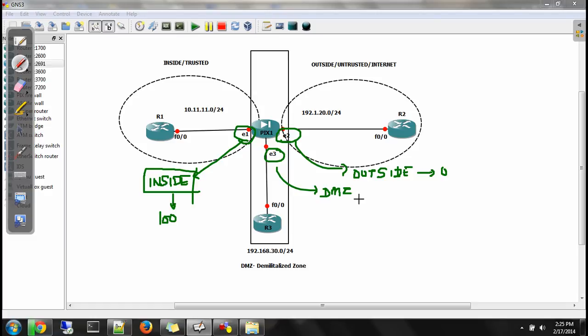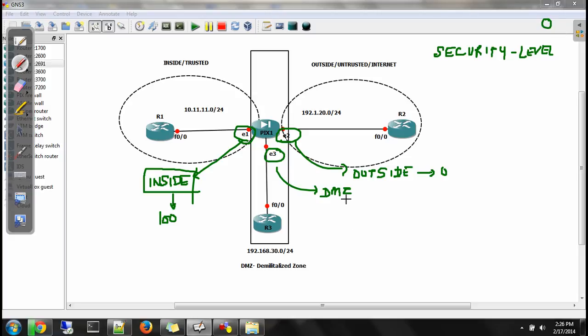I need to edit it. I want it to be something else. In that case, I'll use the command security level, and I'll change the default security level from 0 to something else.